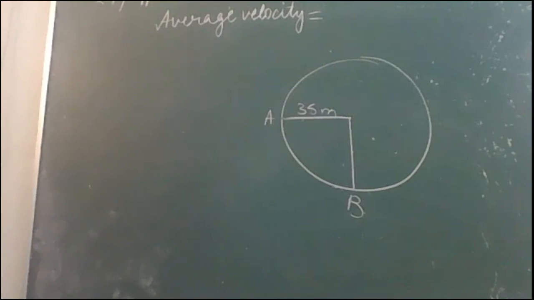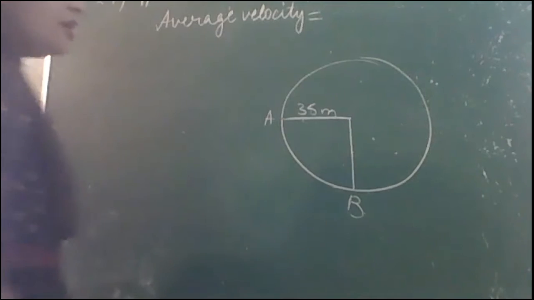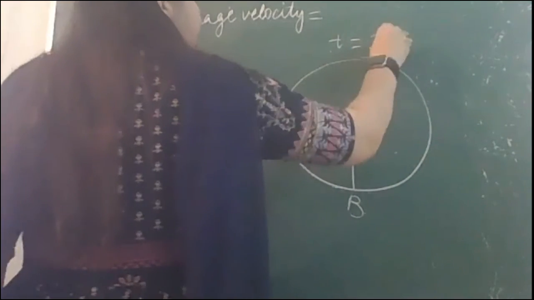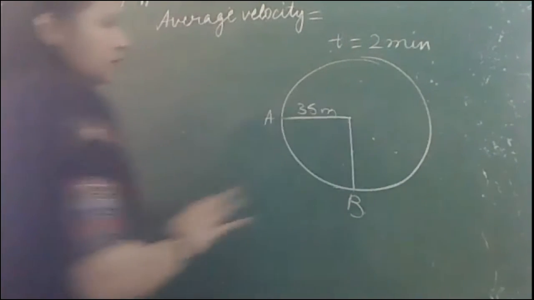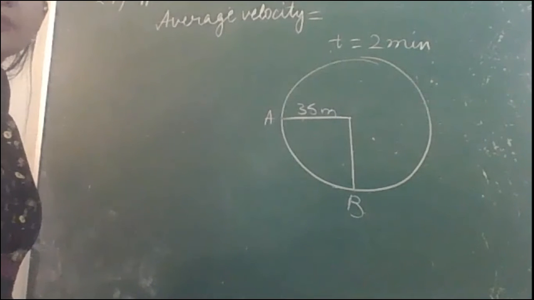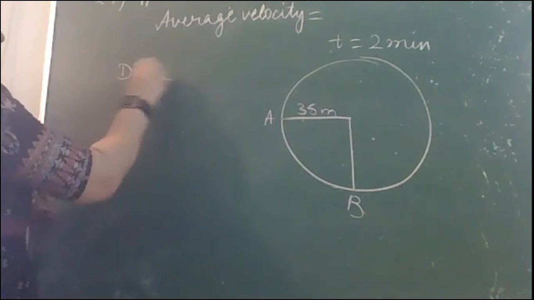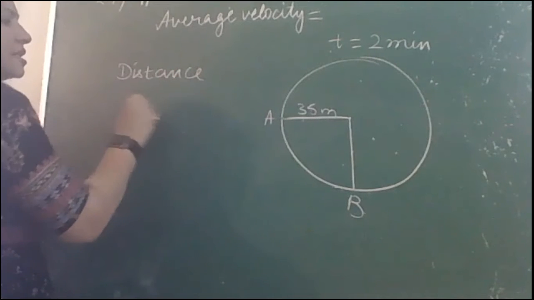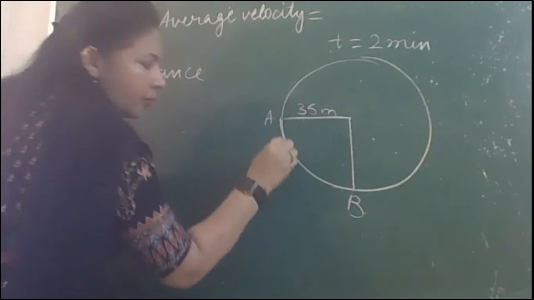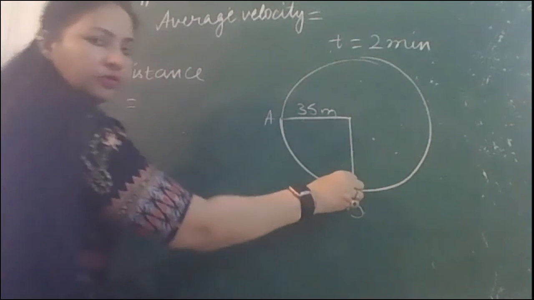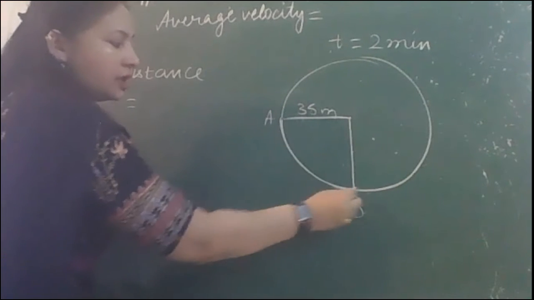When an object is moving in the circular track as shown below, calculate the distance covered and displacement as the object reaches point B from point A in 2 minutes. Time is also given, but for the time being we have nothing to do with it. We don't need time now, we have to calculate distance and displacement. So distance is actually along which path the object moved. So it is along this circular arc.